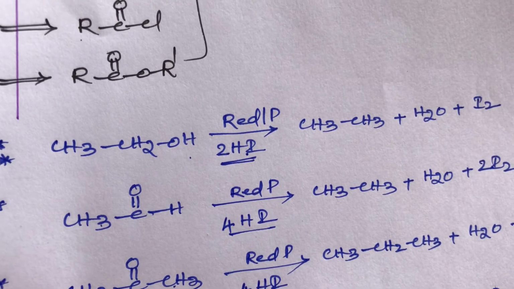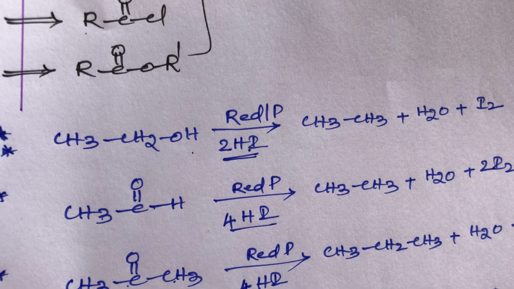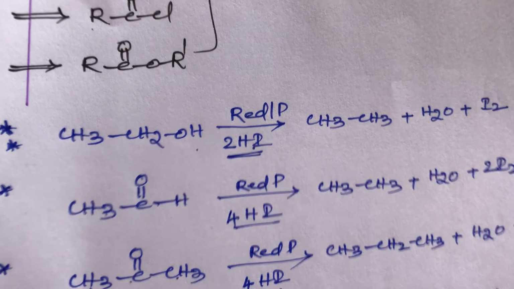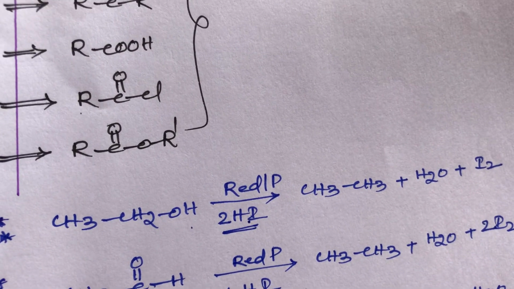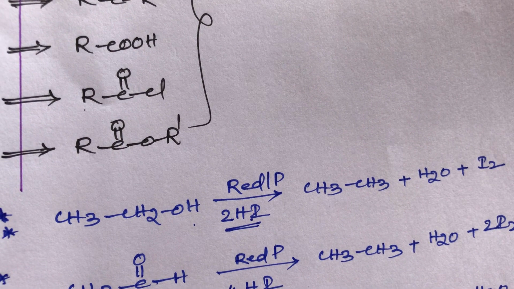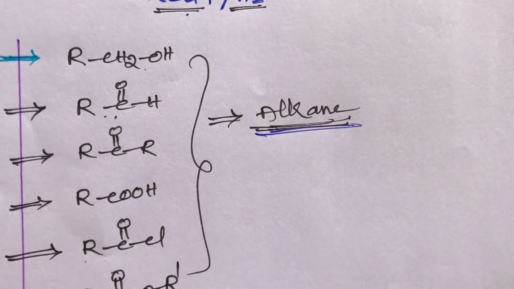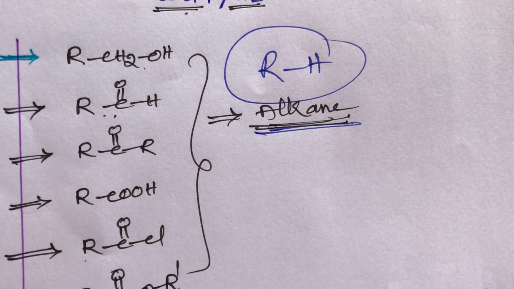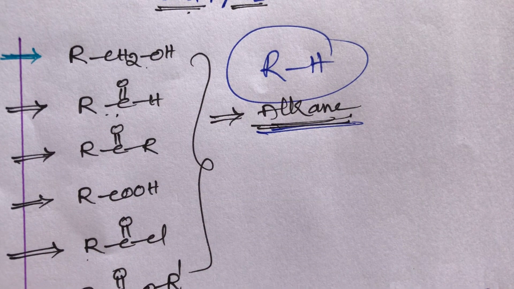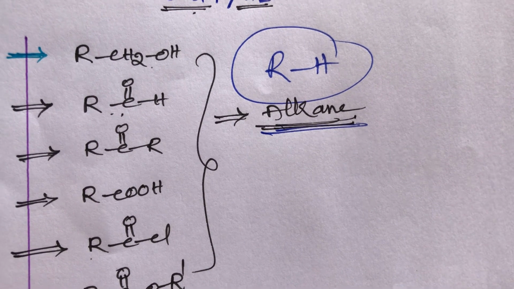So hydrogen iodide or hydroiodic acid, HI, acts as a strong reducing agent. It can reduce alcohols, aldehydes, ketones, acids, acid chlorides and esters. These all are giving only alkanes, students. And alkyl halide also reacts with HI in the presence of red phosphorus. It is also giving alkane, student. This is very important for NEET and other competitive exams also, student.